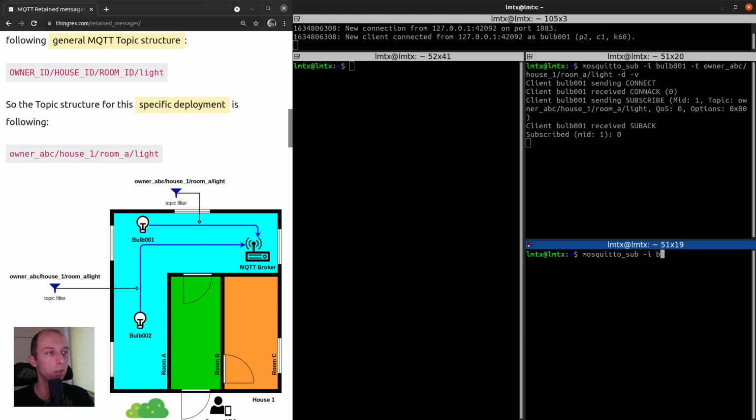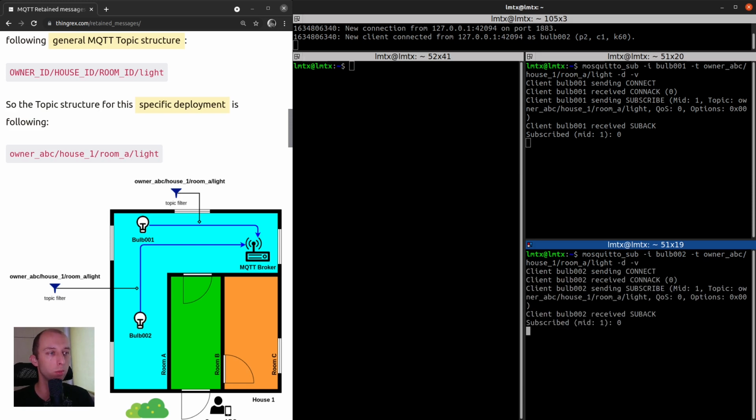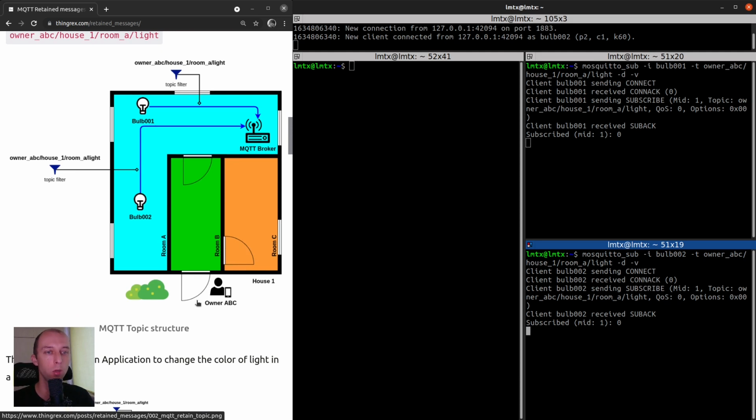Client ID is bulb 002, the same topic, room A, light. Let's enable debug messages and verbose messages. So this is the current setup.